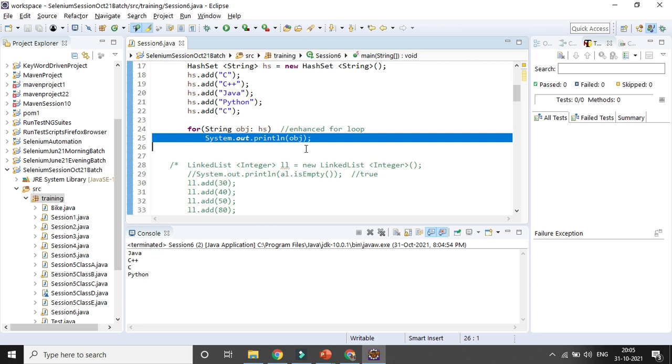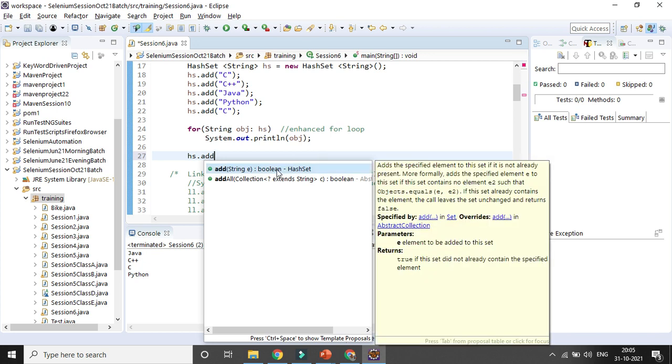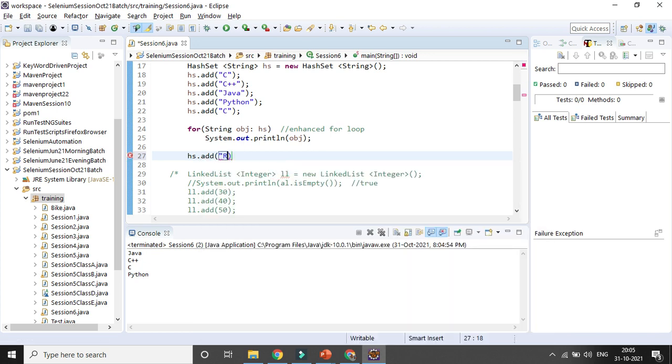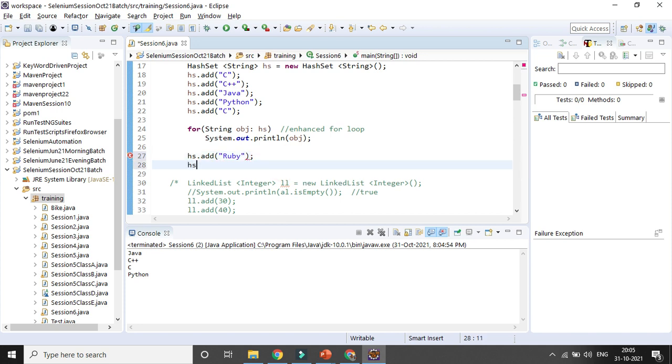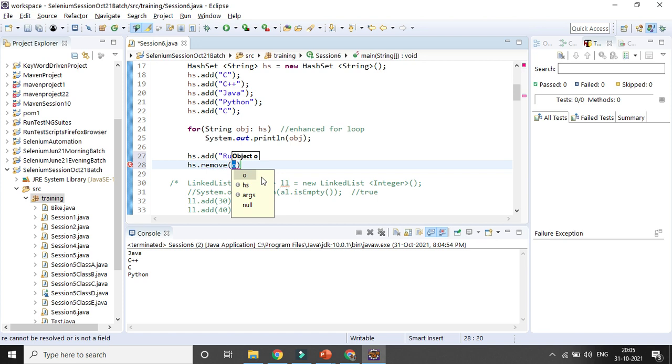Suppose after that you want to perform some operation on the hash set, you can definitely do it, right? Similarly, after printing, if you want to add some more values, hs.add, you can add one more value here. Say suppose Ruby, I can add Ruby. And if you want to remove something, hs.remove, you can also remove it. For removal you need to give the value here. So suppose I want to remove Java,